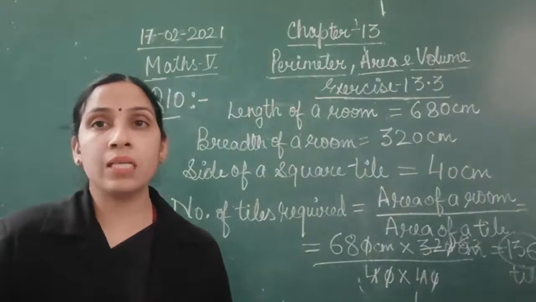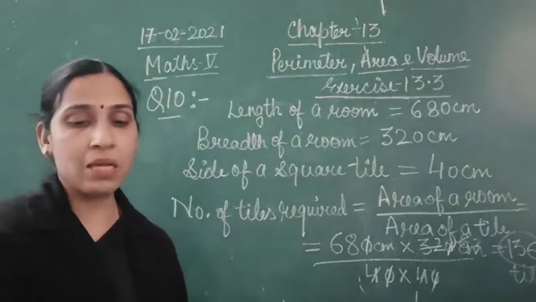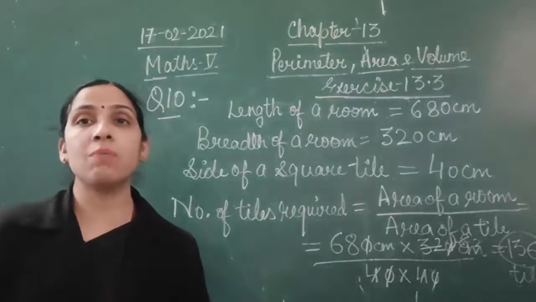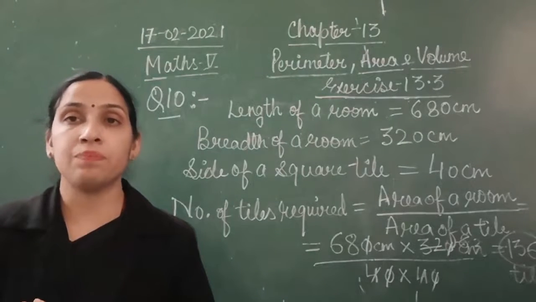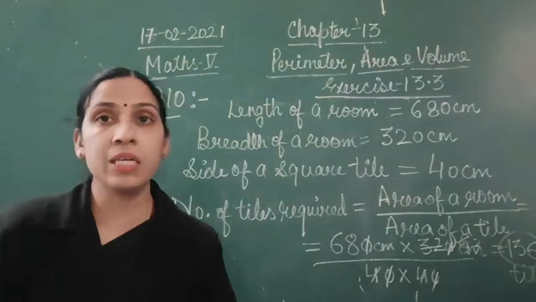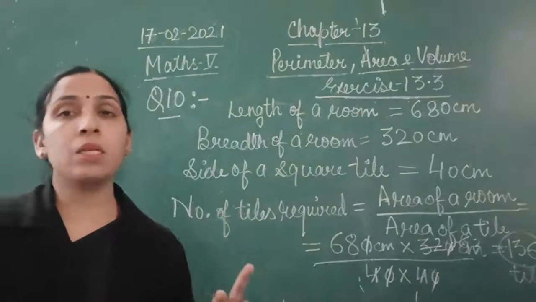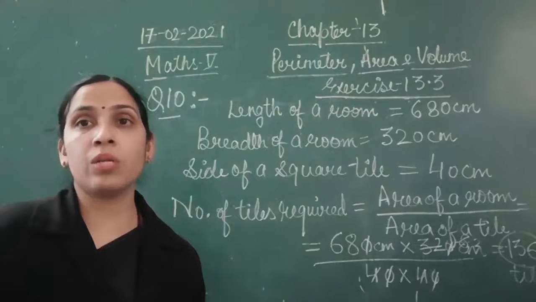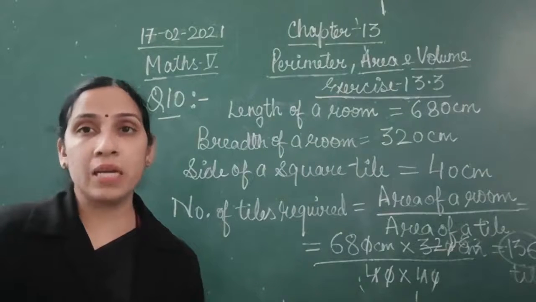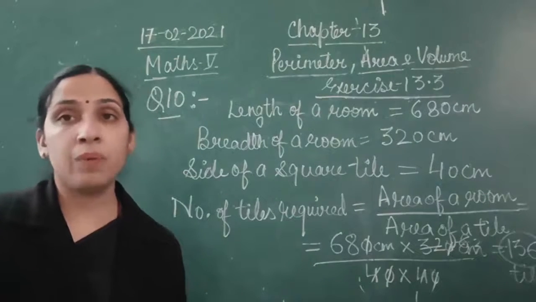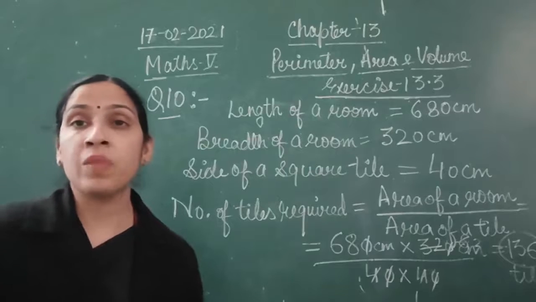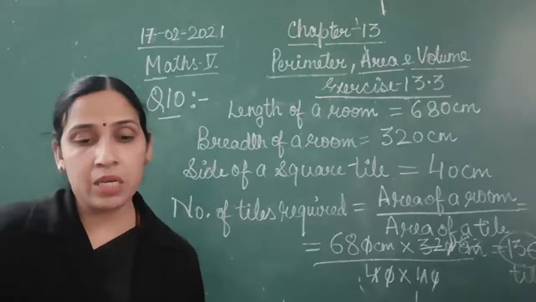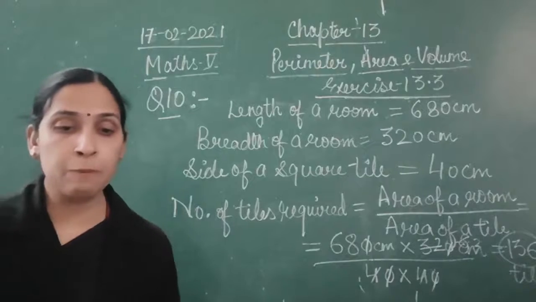So you will go through the examples, doing practice of examples. Again, that is very important. And I hope now the concept of finding area or perimeter is quite clear. Whether it is related to perimeter or rectangle, how to find the length if perimeter and breadth are given, how to find the breadth if perimeter and length are given, that is quite clear. I hope this concept is quite clear, and now easily you all can do these.